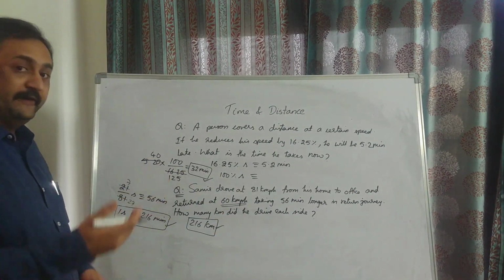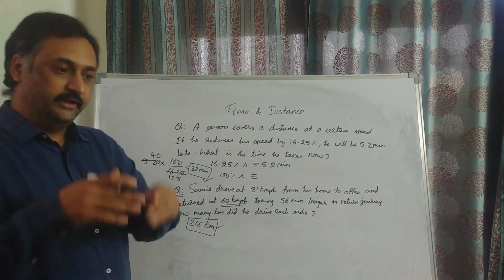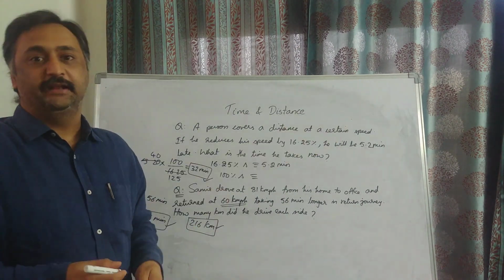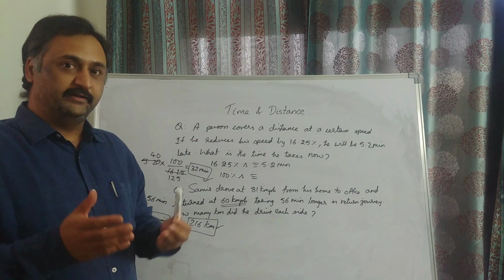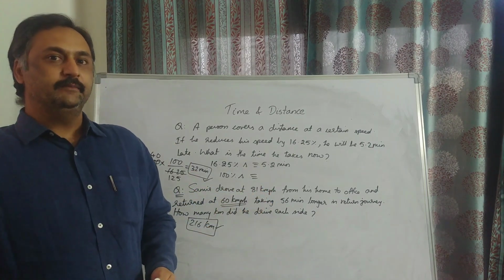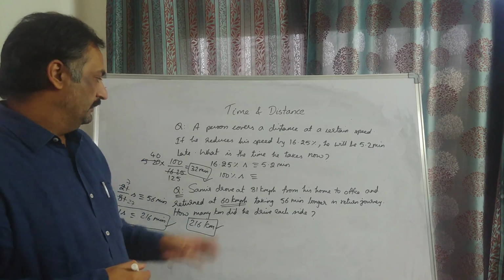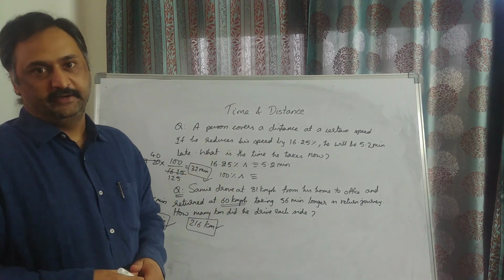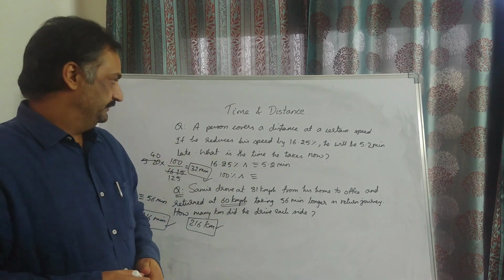So by using this fractional decrease of speed equivalent to the time delay that happened, you can straight away find out the present time of travel totally, and depending on that what was the time previously or usually. So these two come under the same pattern. Let us see one more question.